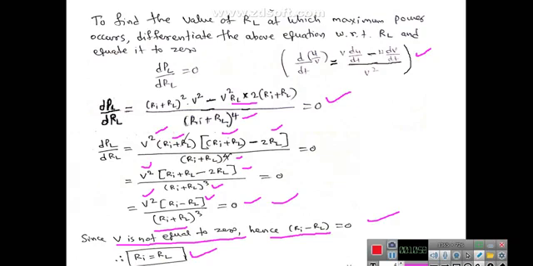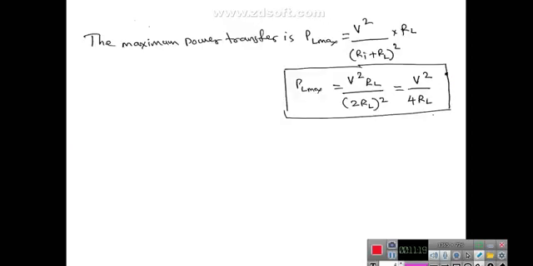So if you write the equation for the power consumed by the load resistor and differentiate it with respect to RL, you will get the condition Ri is equal to RL. That is the statement of the maximum power transfer theorem. Now consider the maximum power transfer condition, PL maximum. The PL equation is V square divided by (Ri plus RL) whole square into RL. Now you derive the condition for maximum power transfer.